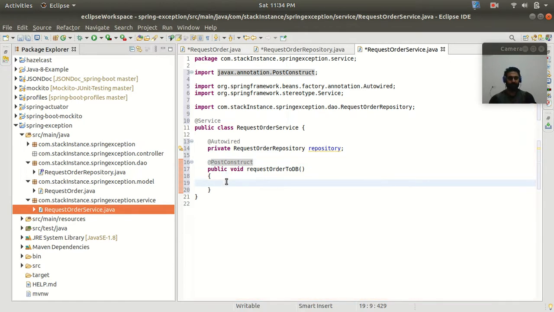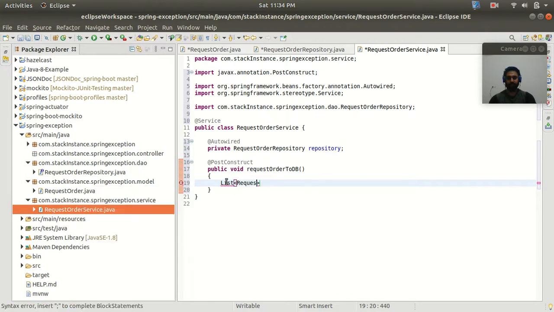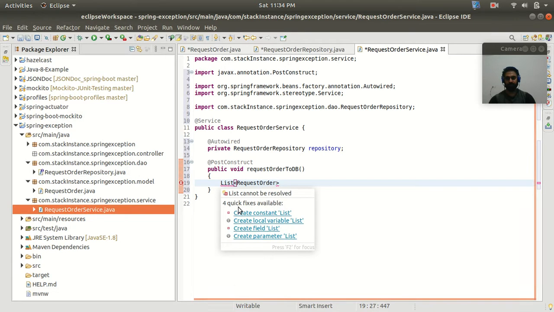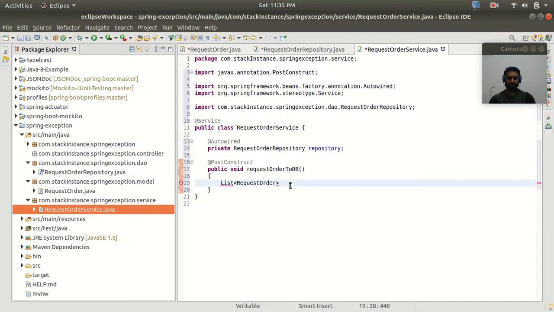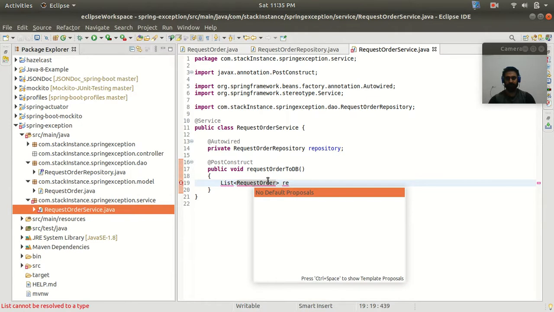So here, what we can do, we can create a list of the request order. Let's say request order list. So what we can do here, we can create a new array list, right? So I have to save it first. Yeah. So this is my request order.